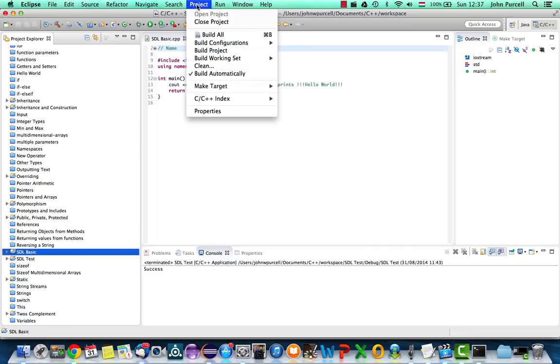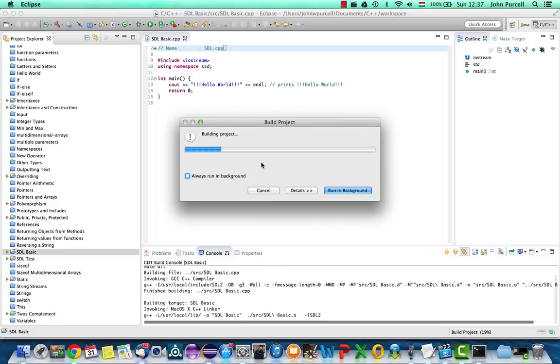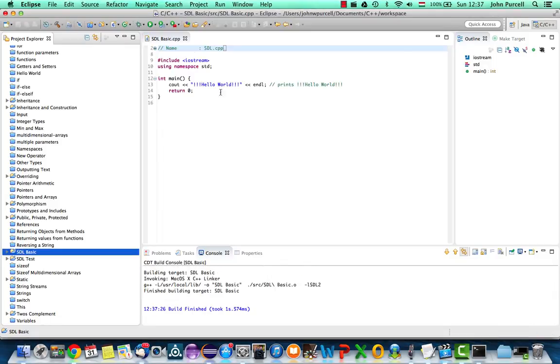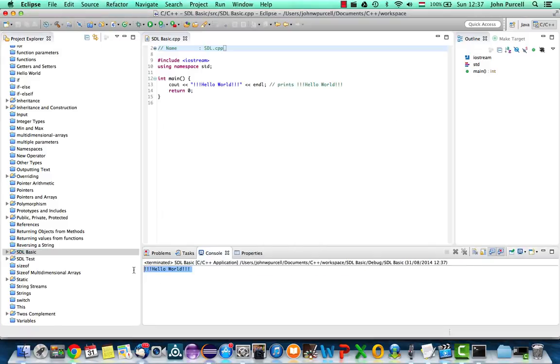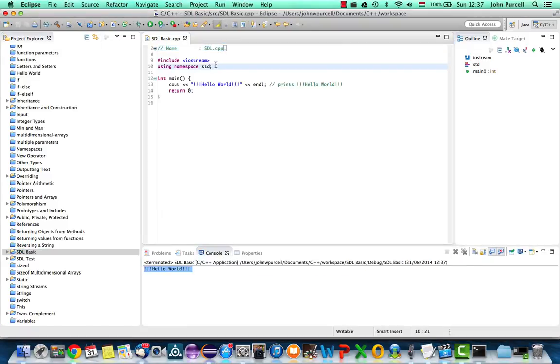Let's just build this project and see if we get any errors at this stage yet. So this is fine and we can run it. It's just a hello world program that runs on the console right now. Now let's add an include up here. Let's say include,